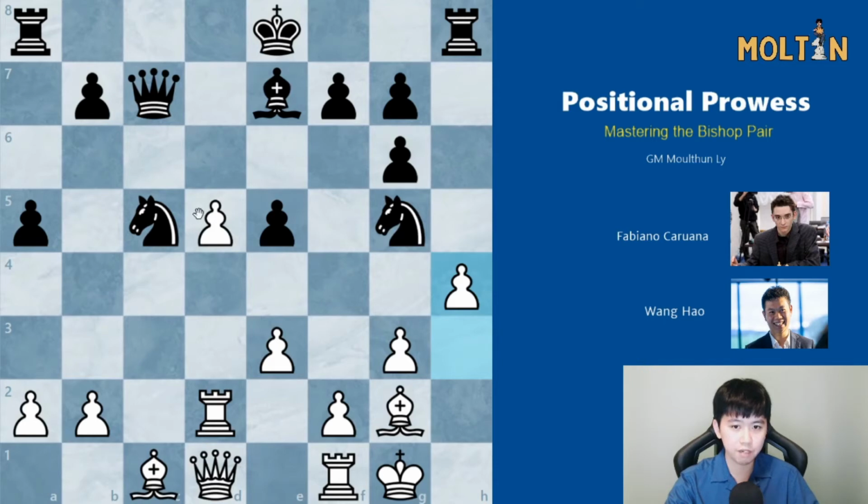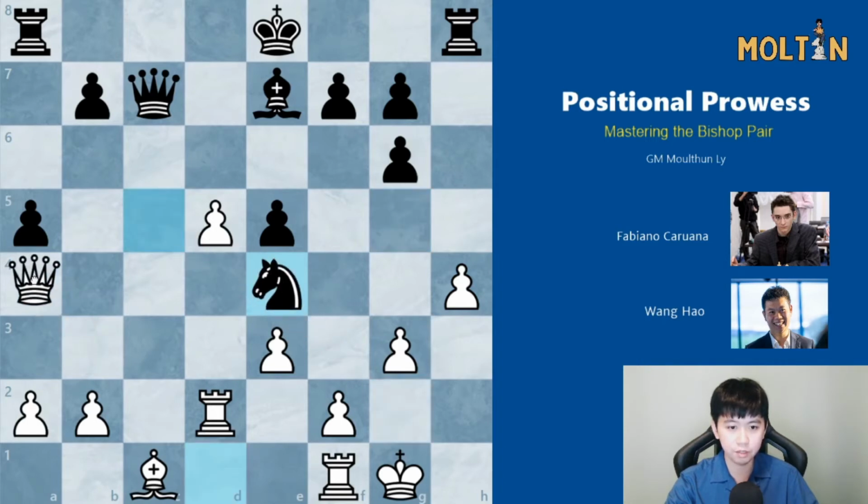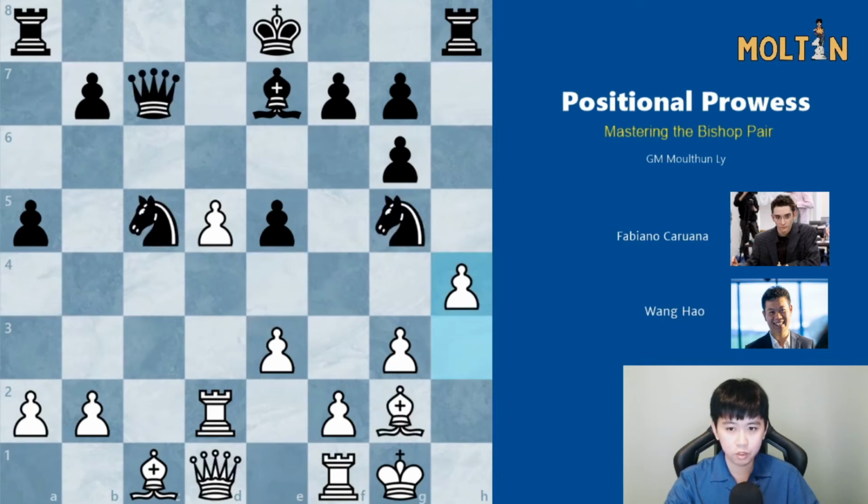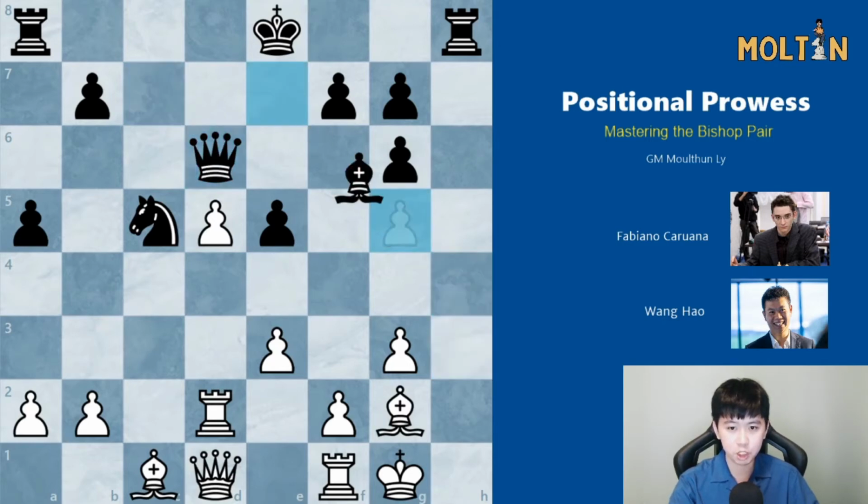If it retreats to h7, then we do push the pawn to d6, and if the knight tries to go to e4, then we can take it, and after knight recaptures, there's always the move queen to a4 check, picking up the knight on e4 using this tactic. And of course, afterwards we'll end up with a very strong extra pawn in the center. Therefore, after the move pawn to h4, black played queen to d6, white captures on g5, bishop takes g5,